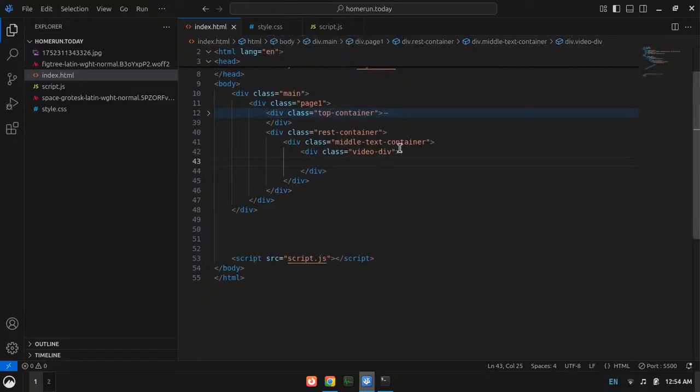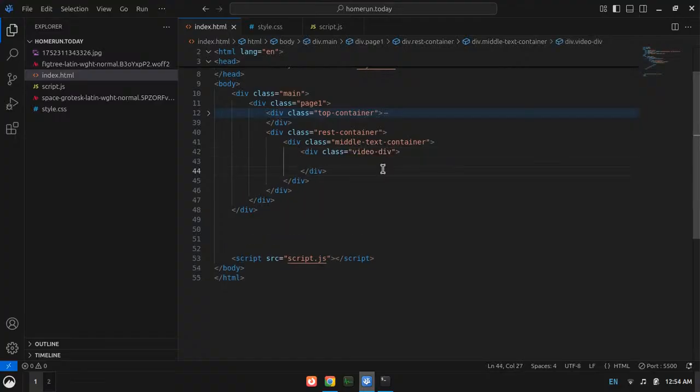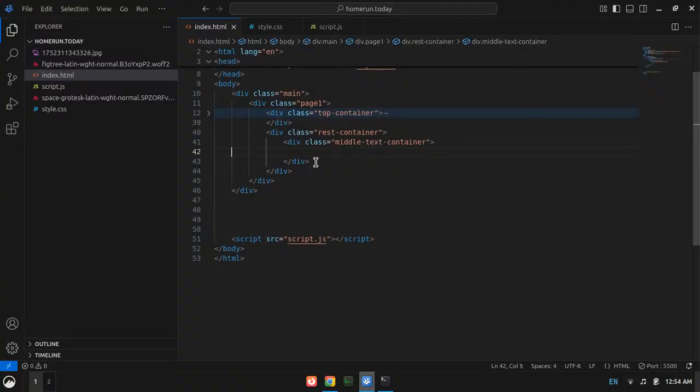Oh, I have overflow hidden there, so this div can't show, but that creates another problem. Now it's creating a lot of problems. However, let's just do it.